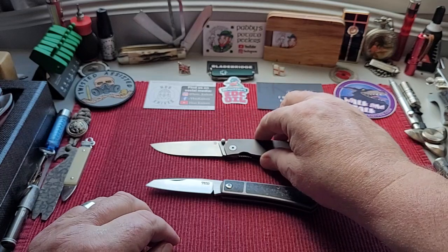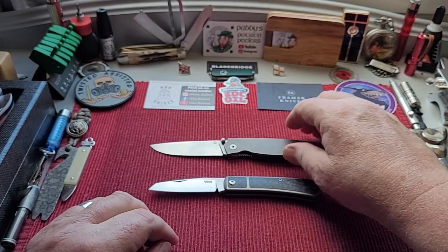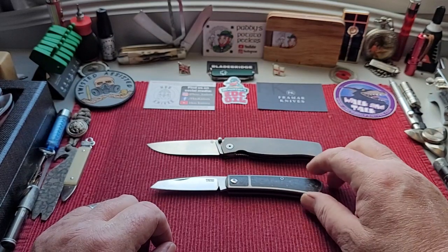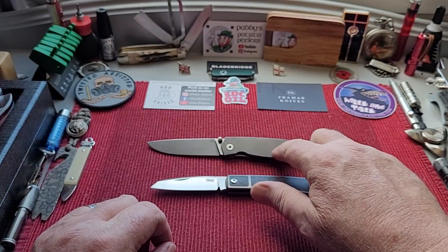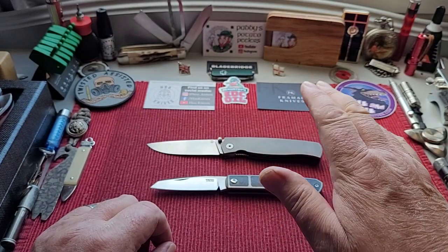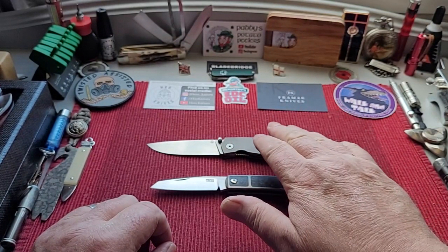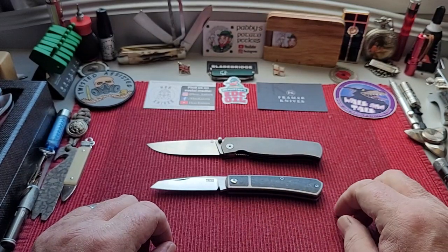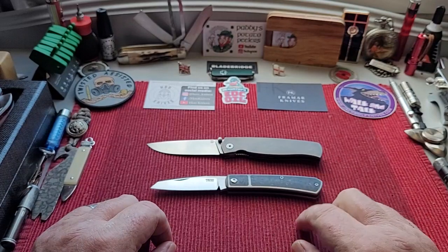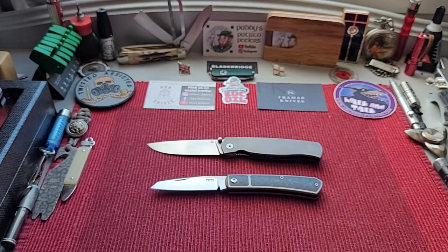This has been just a review of two beautiful new knives to my collection. Will not be going anywhere soon. I love them. This is filling in for a Sebenza for me, and by gosh, so far it's not taking a hard job to fill in. This is beautifully made, very beautifully made. This stunning, stunning, and I am so glad that I now have a knife